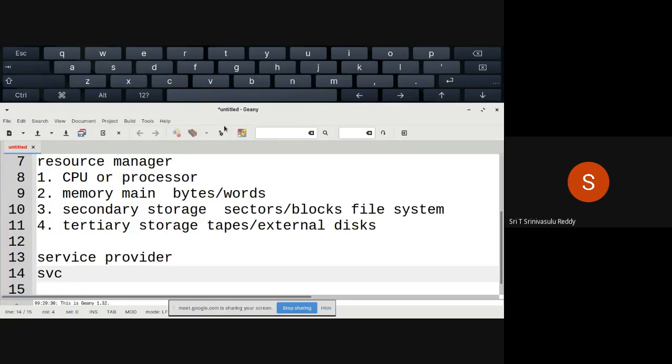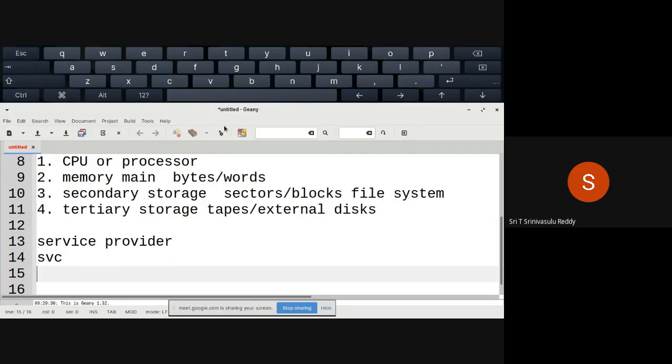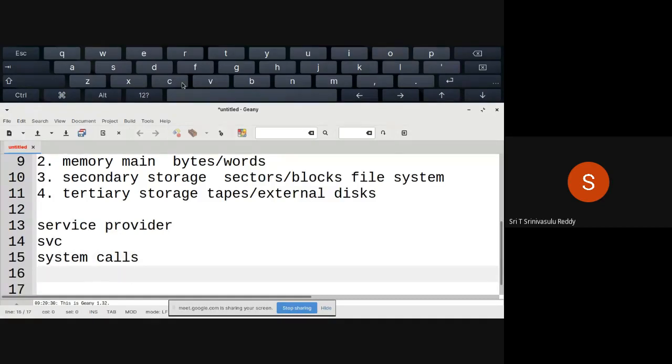It is the old term, in fact, with respect to the earlier operating systems, which used to be mainframe systems. For mainframes, they used to call them service calls, SVC. Whereas in modern operating systems, like Unix, Linux, or Windows, we normally use the term system calls. Any operating system is going to have a number of system calls implemented within it. A system call is a way by which you can request the operating system to provide a service.